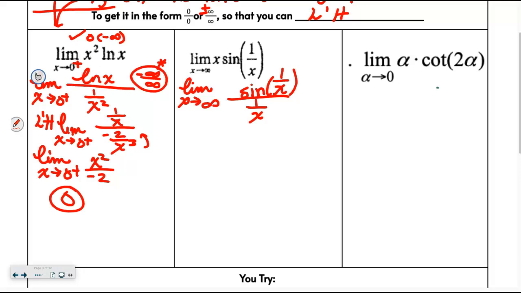Now, I want you to look at that and tell me what indeterminate form you got. I don't want you just guessing that you have one, because sometimes you don't. So if I think of sine of 1 over infinity, what number am I really taking the sine of? 0. And what's sine of 0? 0. And on the bottom, what's 1 over infinity going to go to? 0. I will circle that,